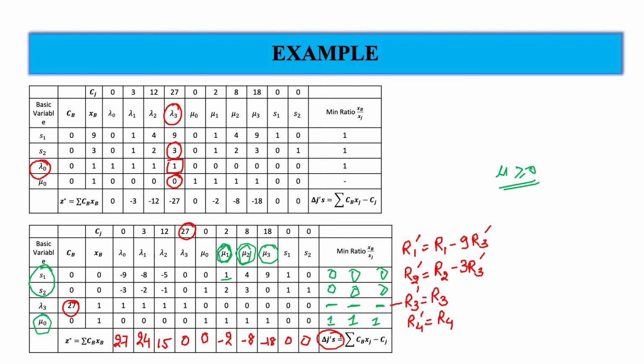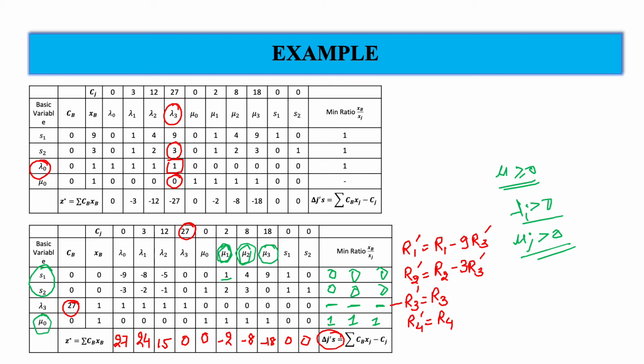Because we have an additional condition: if two lambdas are greater than 0, they must be adjacent. Similarly for the mu j's, if they are greater than 0, they must be adjacent. This condition we have to take care of in the entire simplex algorithm. If this condition is violated, then our linear approximation of the function is not possible. So this condition should be maintained during our whole calculation.